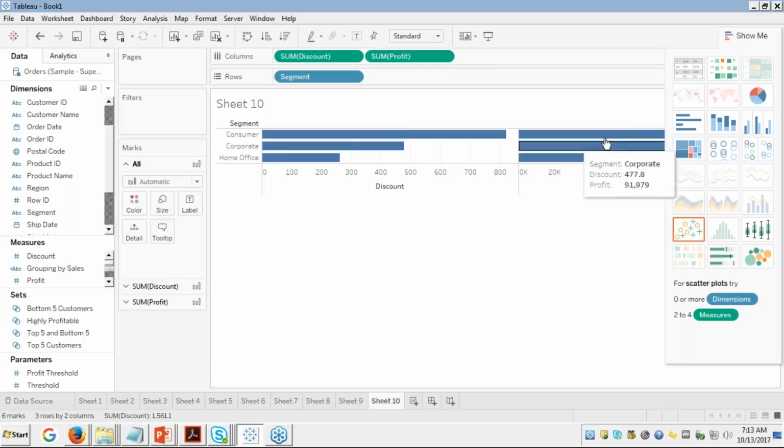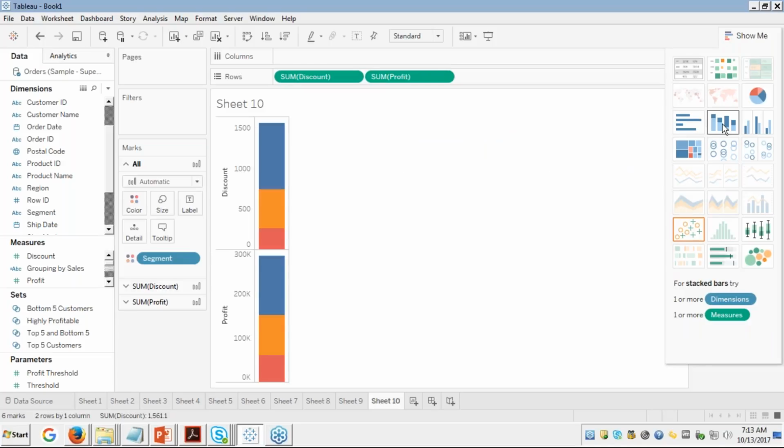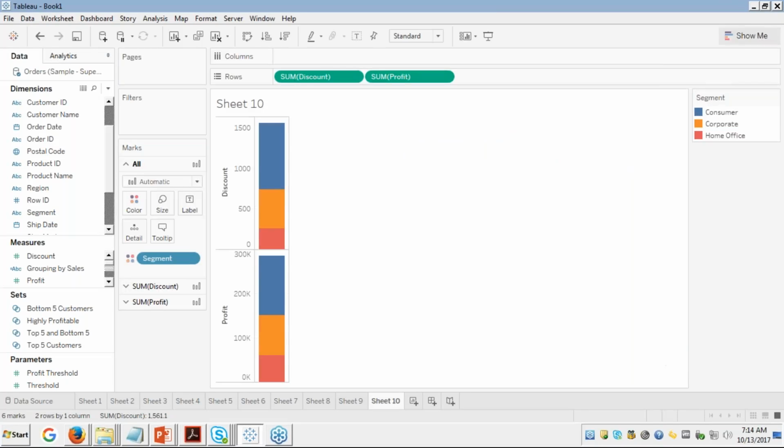Here, the same thing when you have it in a normal bar chart. If you would like to have something like this, you can make use of stacked bars. What the stacked bars are going to do is show your discount across the segments, what percentage of the discounts have been given across all three segments. So the color